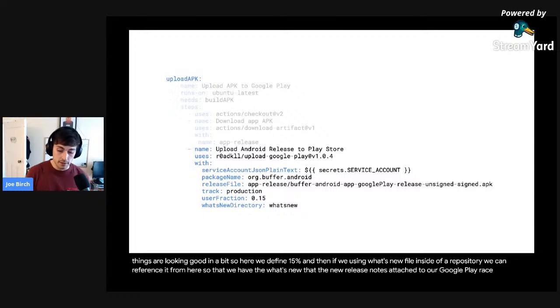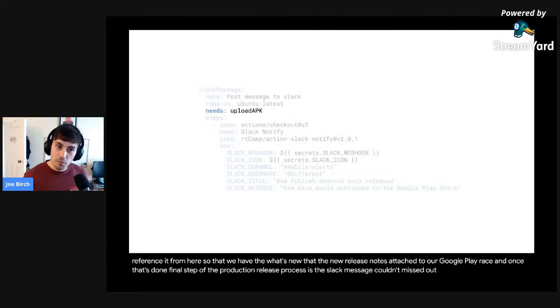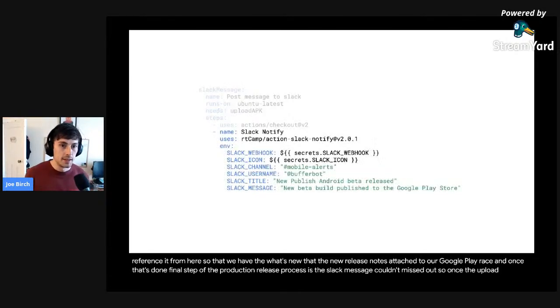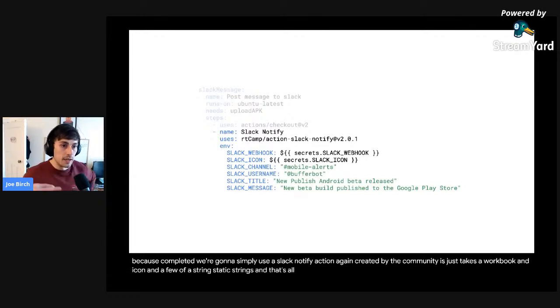And once that's done, the final step of the production release process is the Slack message. Couldn't miss that out. So once the upload APK is completed, we're going to simply use a Slack notify action, again, created by the community. This just takes a webhook, an icon, and a few other static strings, and that will, once our upload has been uploaded to the Google Play Store,